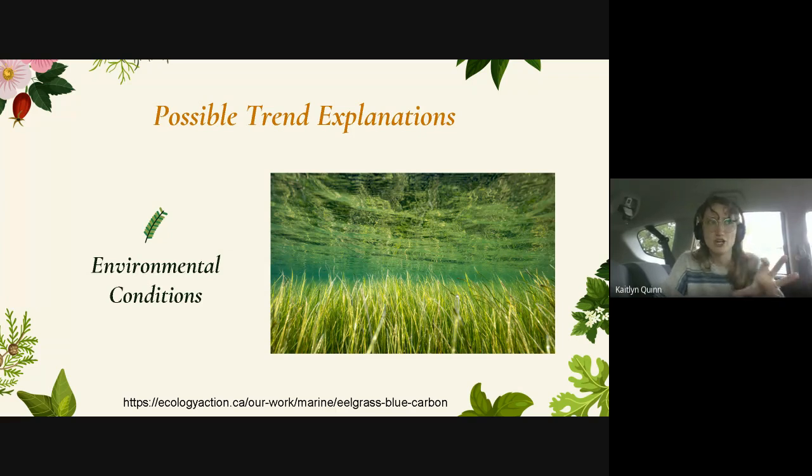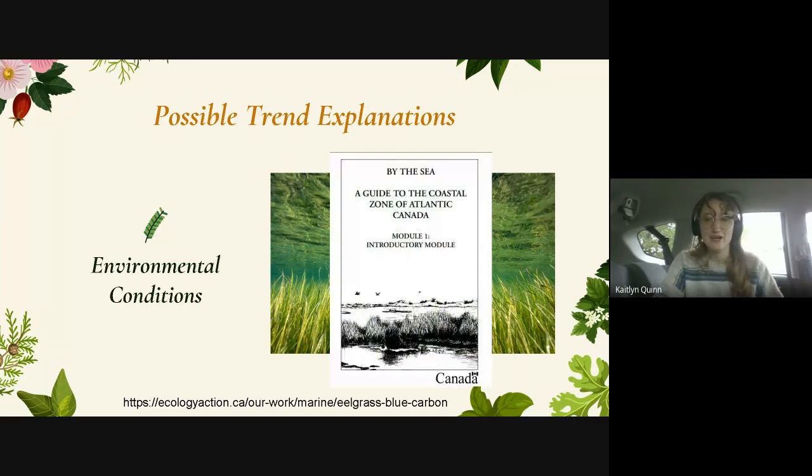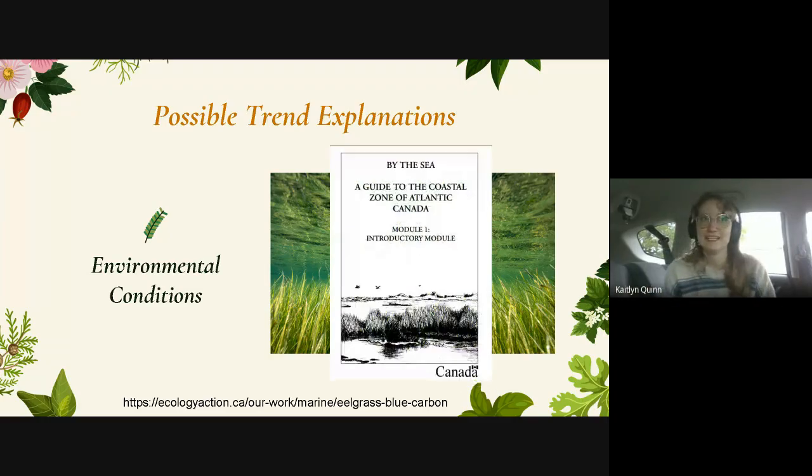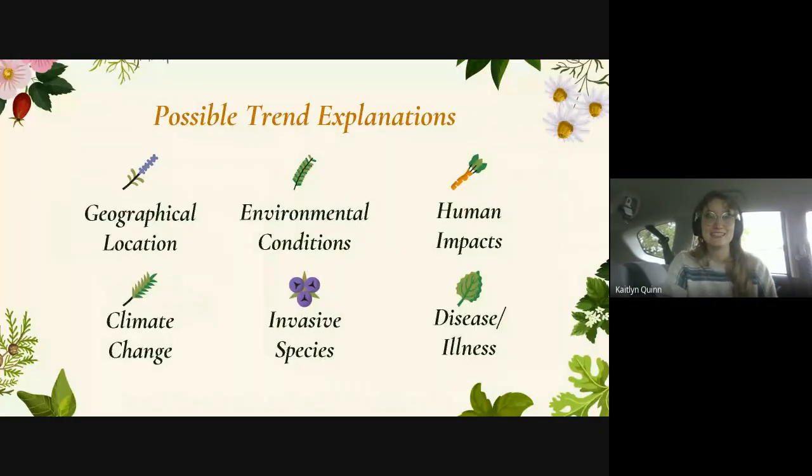all of the species composition was so different from other locations, and it just so happened to be one of these places that there was a ton of eelgrass. So I found in a few of the Canadian module literatures, especially this one, the module 1, that they have mentioned this before, that the addition of washed up eelgrass could contribute to a lot more what they consider exotic plants, or plants that would not usually be able to live there, are able to thrive because of the excess nutrients. So super cool, could be an explanation, but I'm not too sure, because ultimately, at the end of the